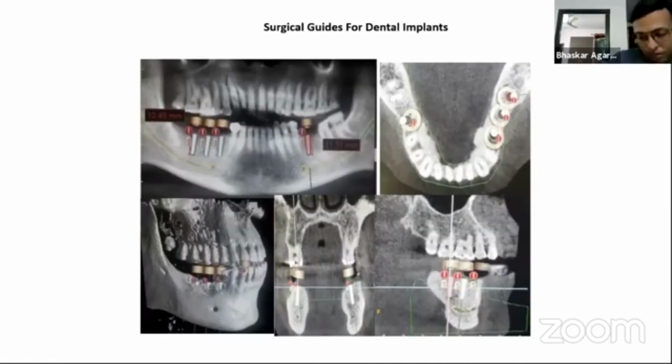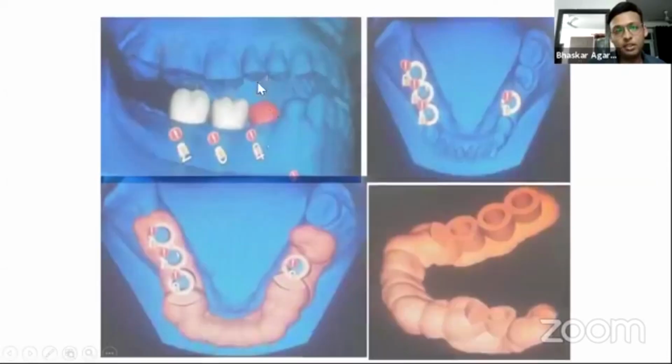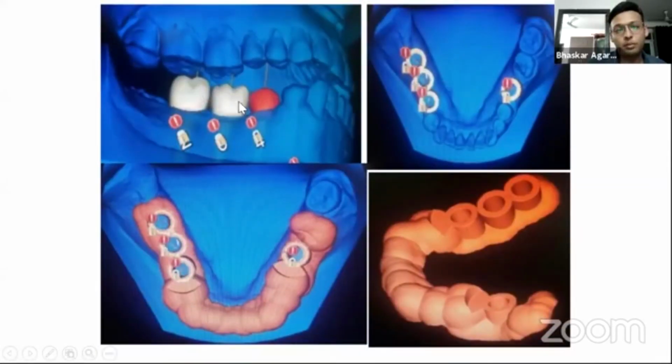All of us have used dental implants and heard of the surgical guides for dental implants. This is also based on virtual surgical planning and 3D printing. You take the CT scan or CBCT data of the patient and plan the position of the implants, and you can also plan the position on the basis of prosthetically driven planning. You can make the crowns and export them as well. This is how the guide was designed.